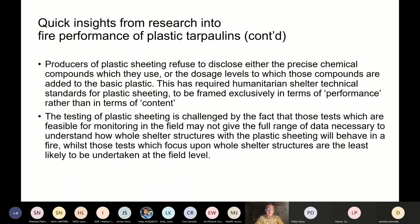And the problem is that, as we know in the field, you could get into a lot of trouble if you randomly start burning down whole shelters or entire plastic sheets as a testing regime, right in the middle of people who have nothing. So the most relevant tests are also the ones which are least likely to be undertaken, not to mention the actual research alluding to the photos that Danielle showed from South Africa, which might give us even more information about what actually happens, not just to a single shelter, but to an entire settlement. These are some of the key gaps which...